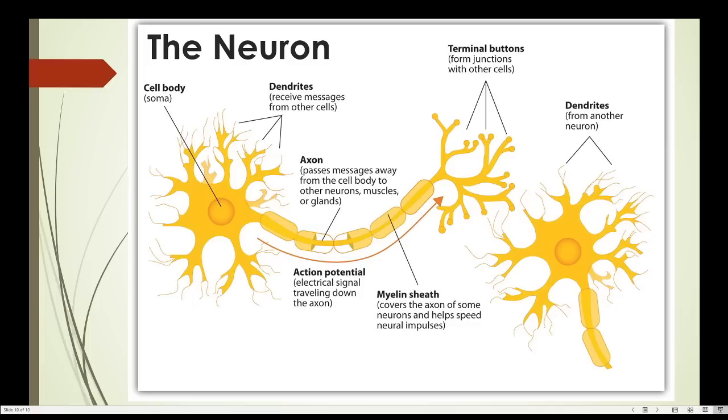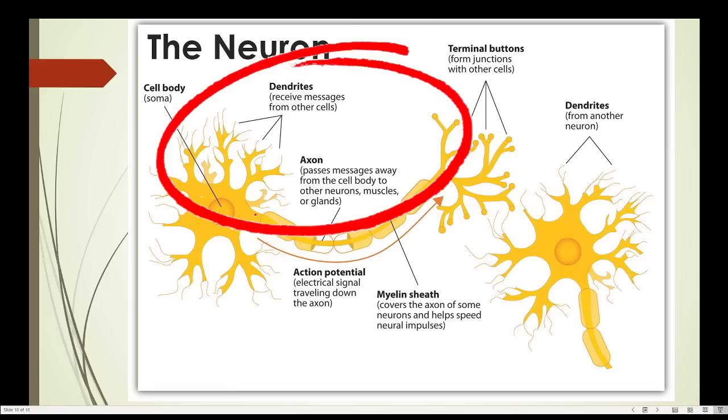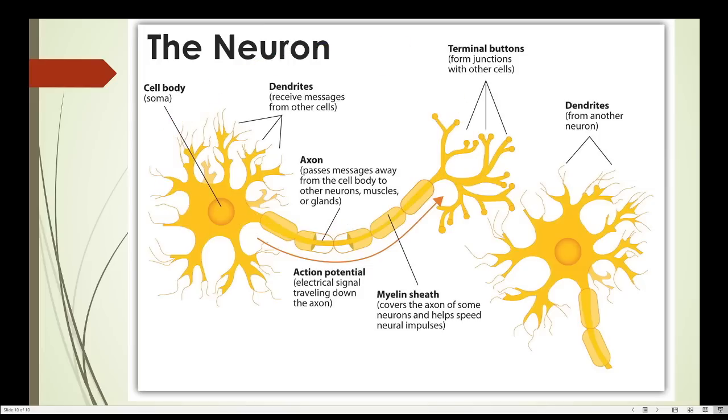On your screen, you can see the different parts of the neuron or the nerve cell. You can also see the different functions of each part. Now, what are the most important parts here that you have to remember? You need to remember the dendrites and the axon because information enters and leaves these parts in only one